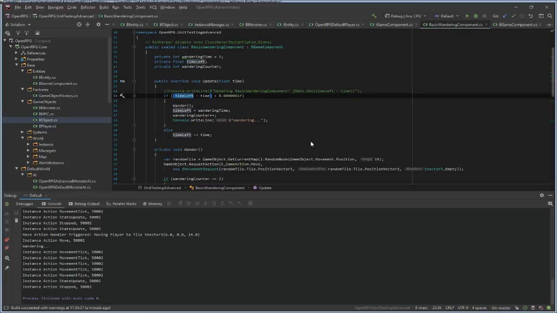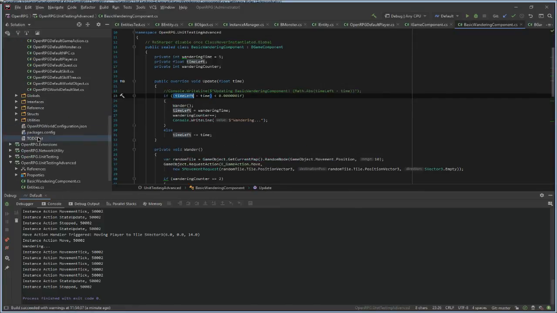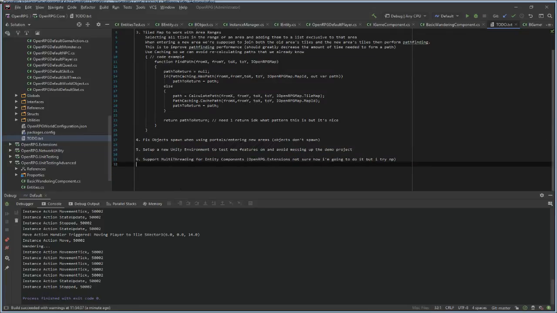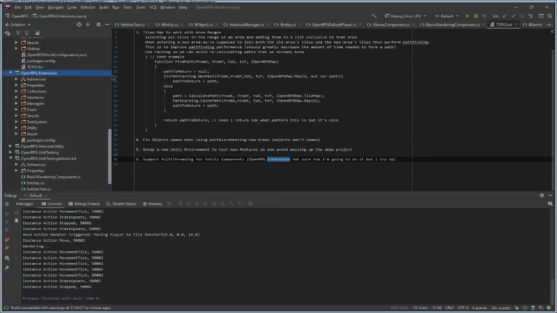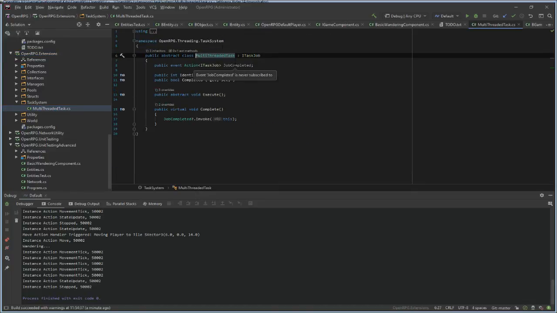Okay, so this should be everything for finalizing. I mean, not really everything. I'll have to do some multi-threading for the components, though multi-threading exists in the extensions library. So I have no idea how I'm going to do this.